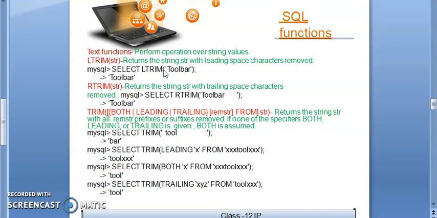Here in the example, SELECT LTRIM, and there is a little bit of space on the left side before toolbar. By using the ltrim function we can remove this space, so now the output will be toolbar.